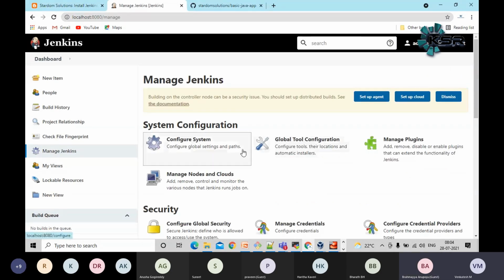If you want to configure Java, where to go? If you want to install some Jenkins plugins, how to do it? How to configure the system? How to add a node. This I will cover in further sessions. In DevOps, everything will be limited.